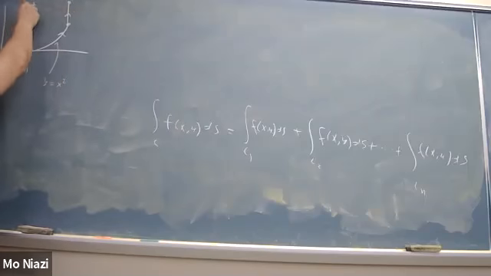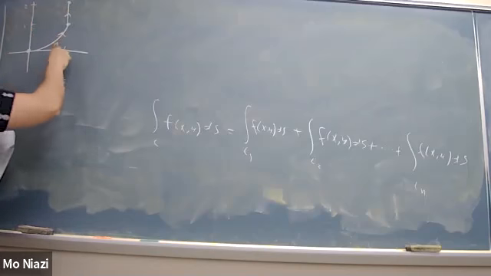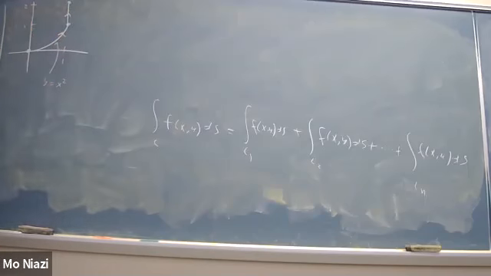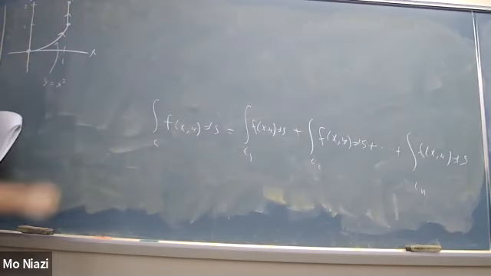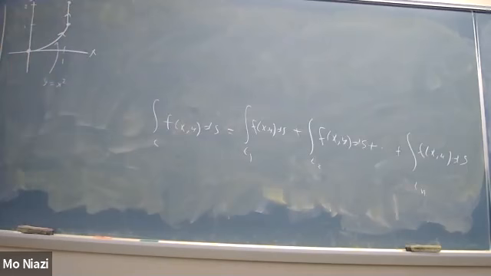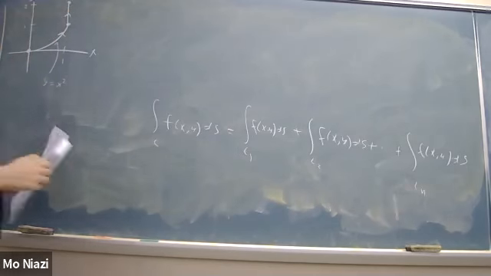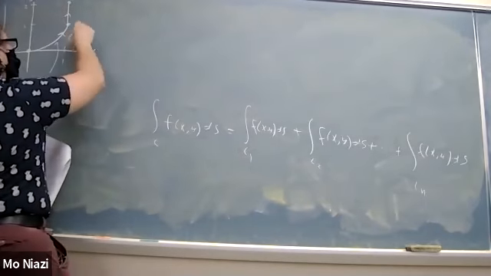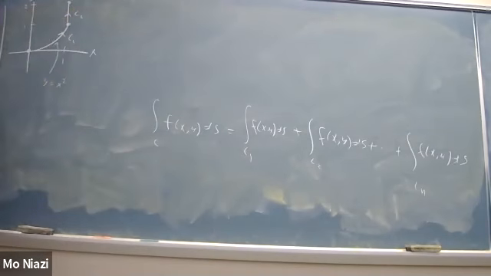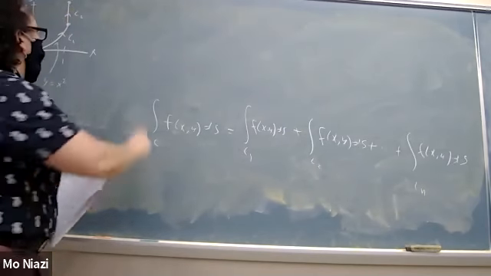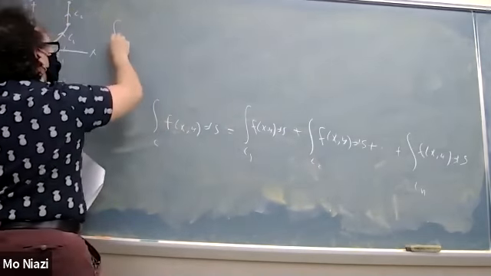And this is at 2, this is at 1, and this is at 1. And this is our x, and this is our y. So the whole thing is our curve C, but we can decompose our curve C into two curves, C1 and C2, so that the line integral